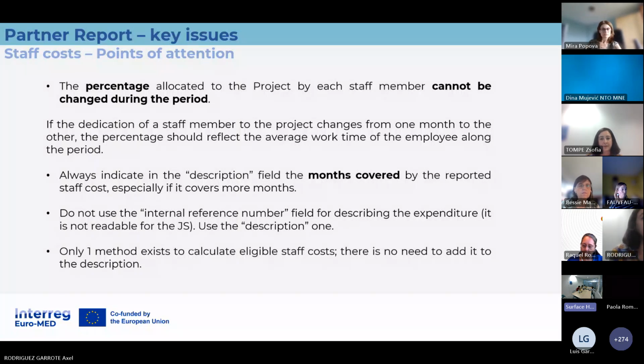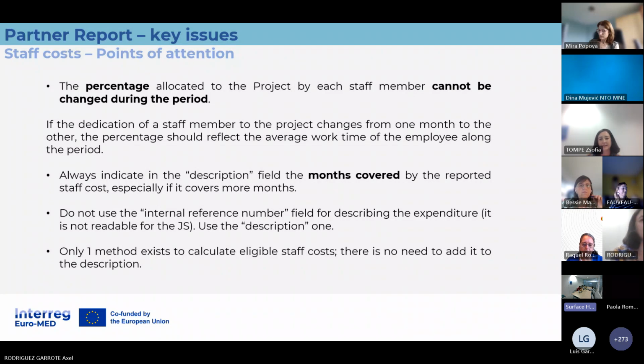It's our experience that on our side the internal reference number is not readable. So please do not use it for a lot of information, because we cannot read it well.